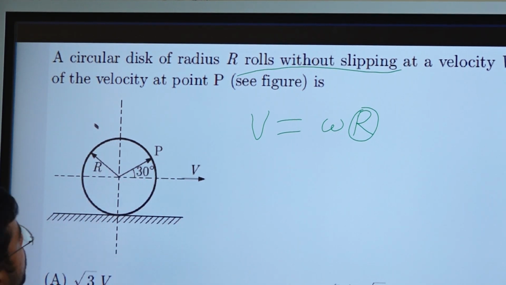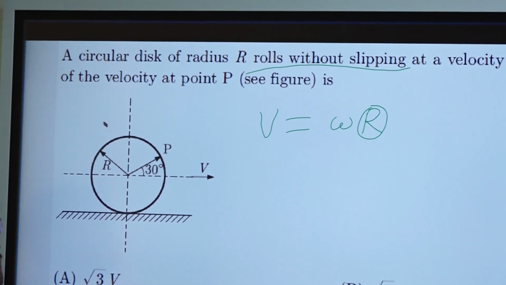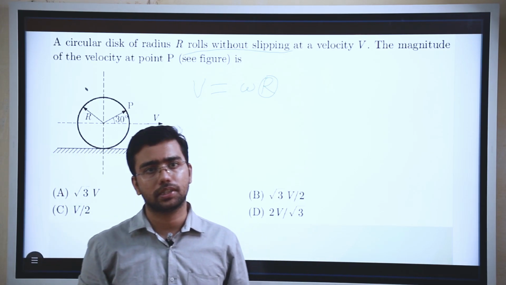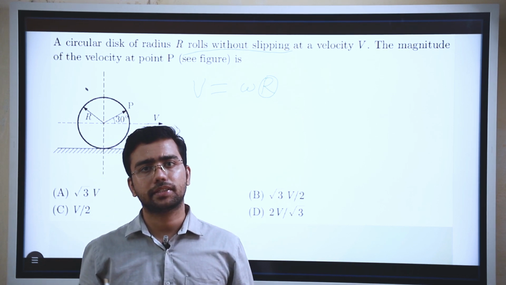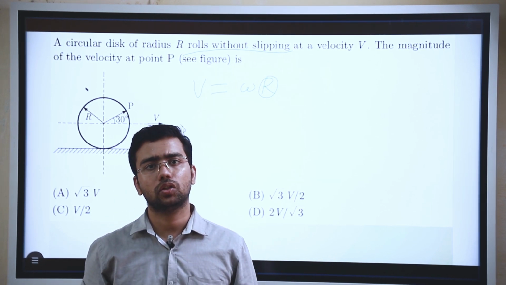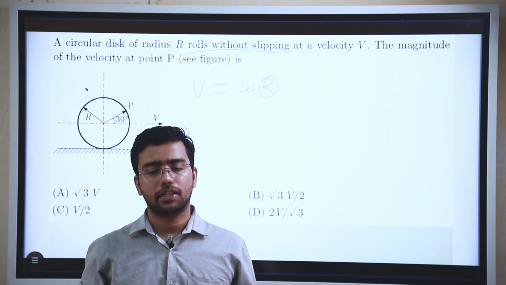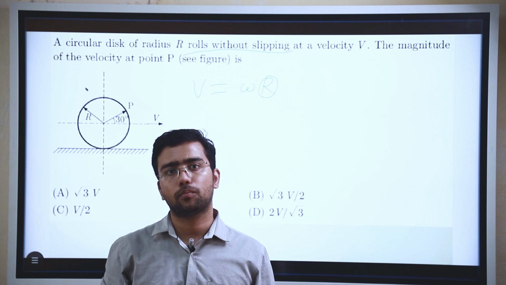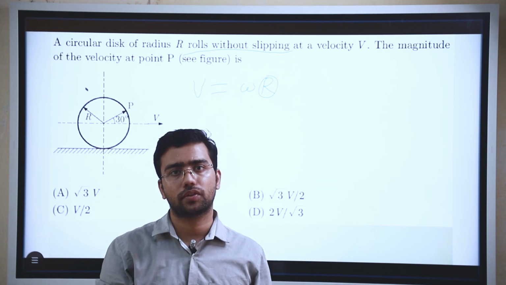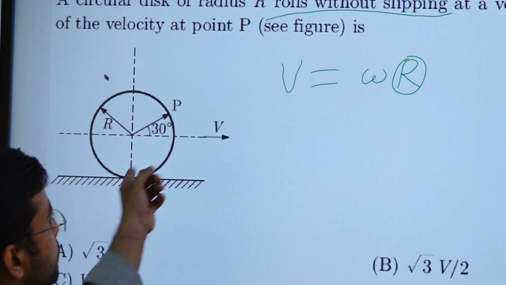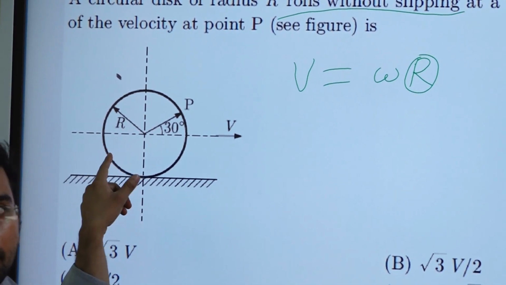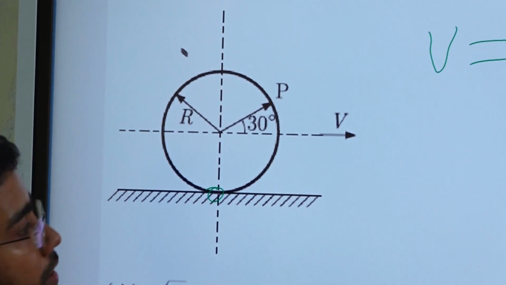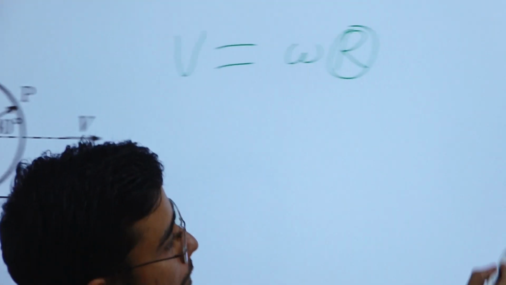Okay, so now we have to find out the velocity of point P. There is a simple trick in that we are going to use one concept of kinematics of machines, that is the instantaneous center, right? So what is the meaning of instantaneous center? Instantaneous center is that about which we can assume that a body is rotating at some point of time. So at this point of time, this whole body is rotating about this point. How can I say that? I will take a simple example.